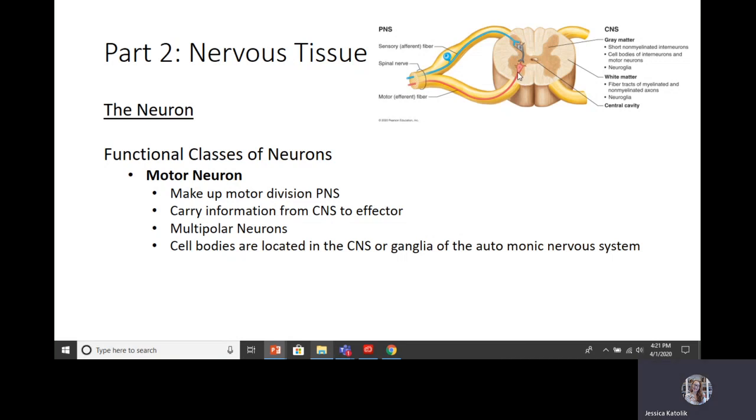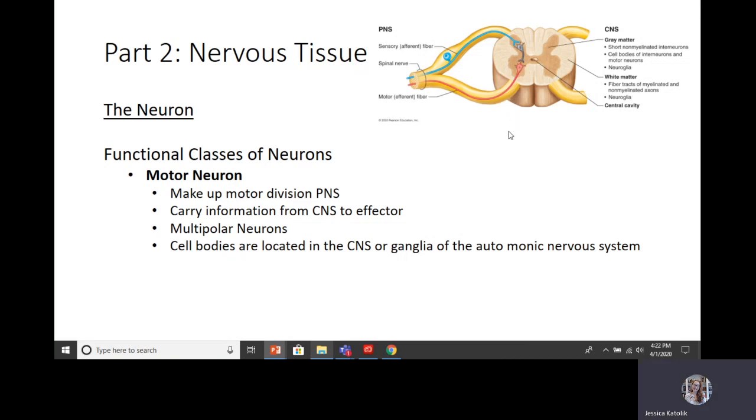The next type of neuron that I want to talk about is motor neurons. Motor neurons are part of the motor division of the peripheral nervous system, and they carry information from the central nervous system, so from the brain and spinal cord, out to the effector organs. The effector organs would be things such as muscles, glands, and adipose tissue in the body. The typical shape for motor neurons is a multipolar neuron, and the cell body of this neuron is going to be primarily found in the